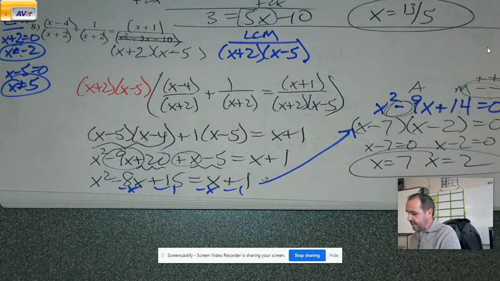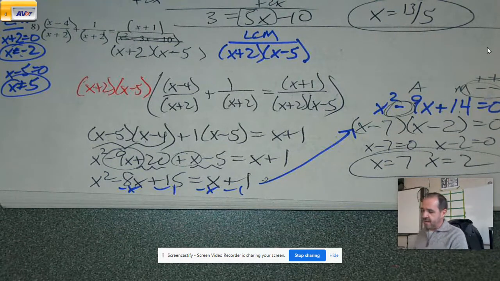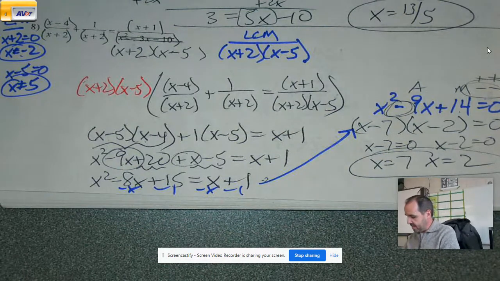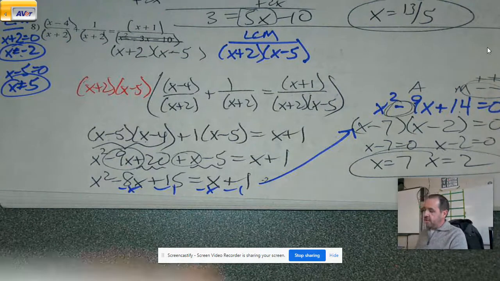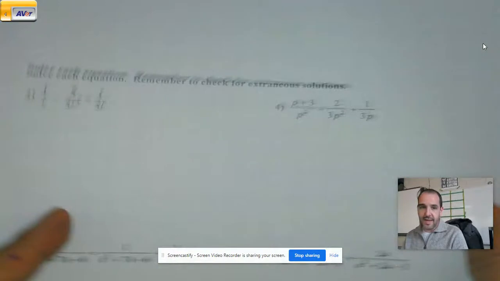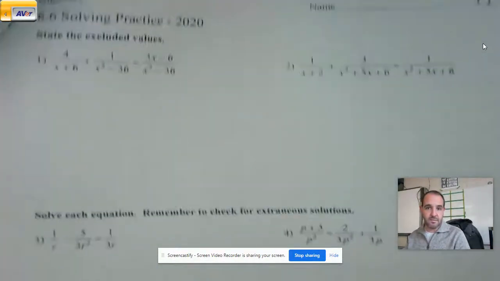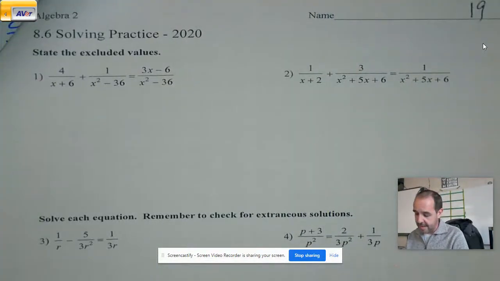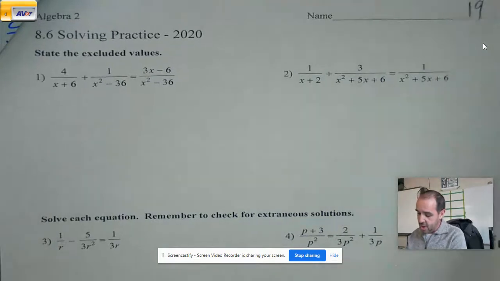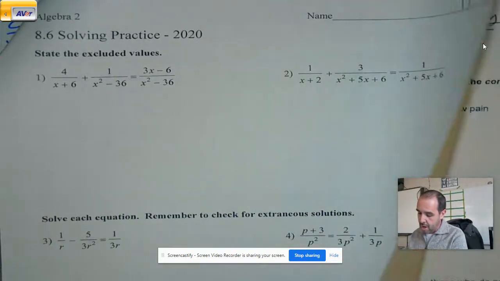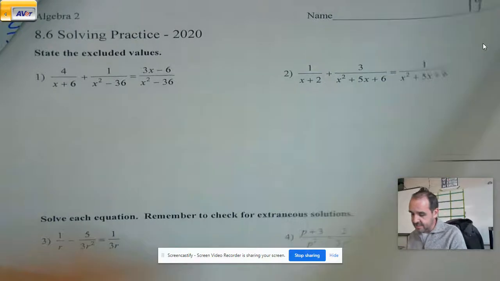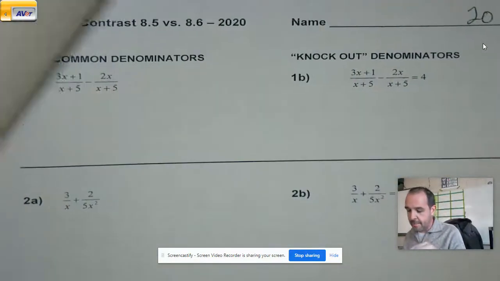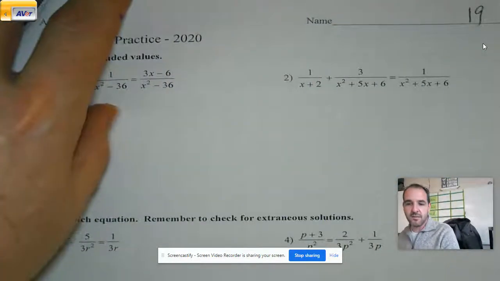So here's what I would suggest at this point. Yesterday I suggested a simplify and a couple of the others for you to work on. Today I would say finish off the rest of them, okay? So whatever ones you did not do in the 8-6 solving practice, I would suggest doing those today and checking your answers because what we're gonna do starting tomorrow, because this is so critically important, we're gonna compare and contrast